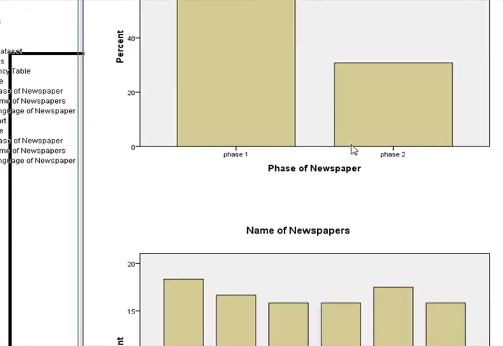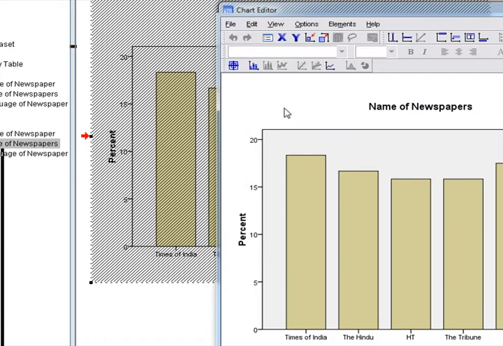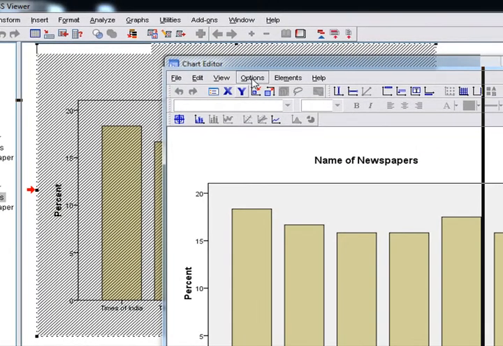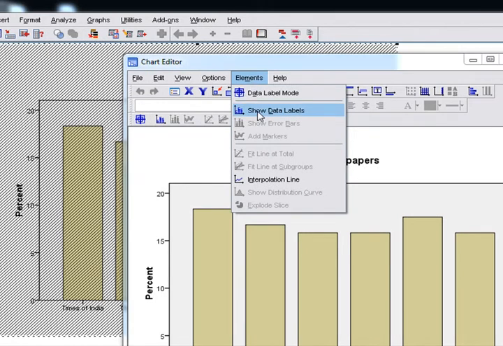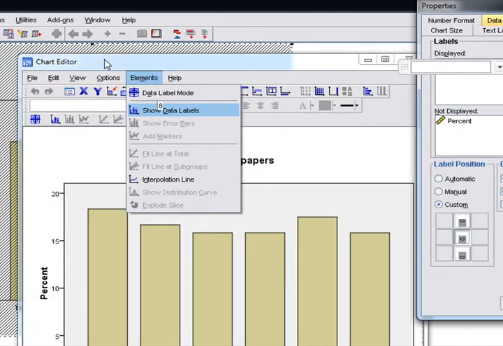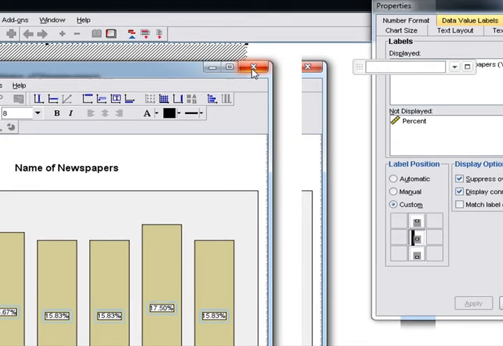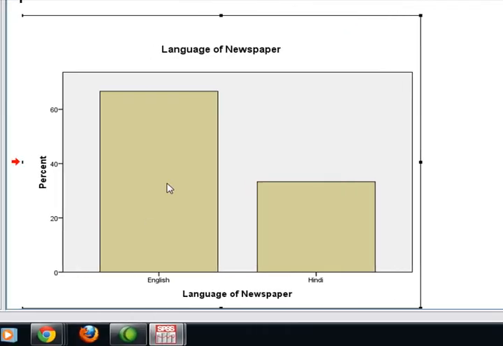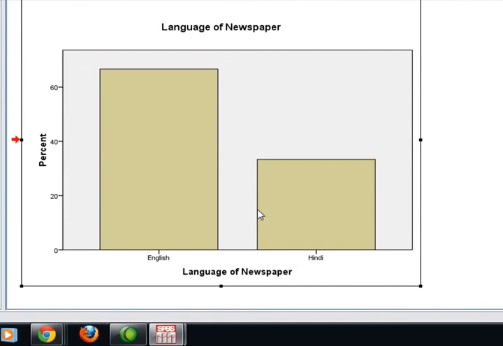These are the bar charts, and if you double click this and put the value on show data level, see, there is the value displayed in this. So this way your analysis is ready.